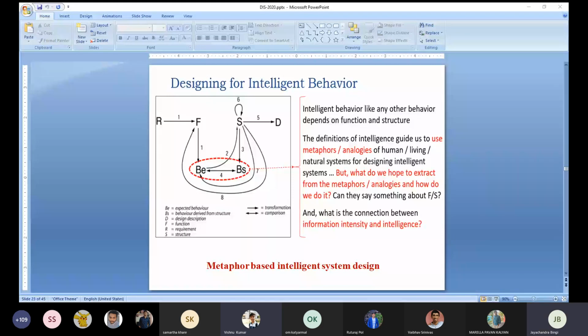So if you want your expected behavior and the structurally supported behavior to be the same, you have to optimize the structure to accommodate all the functions. For example, you take